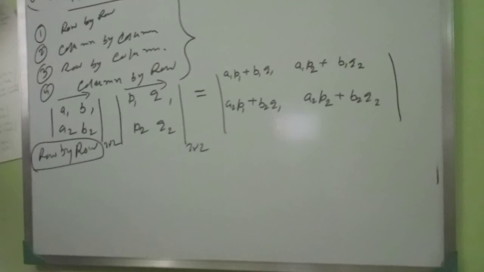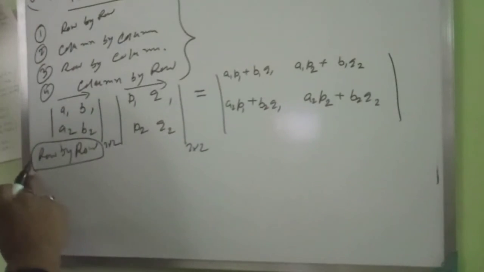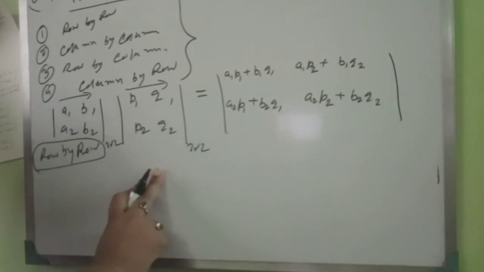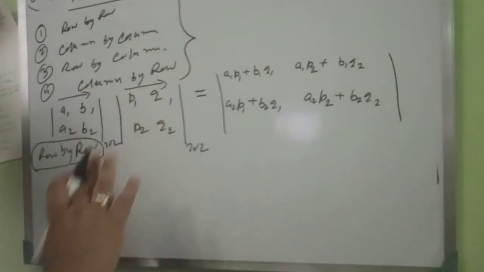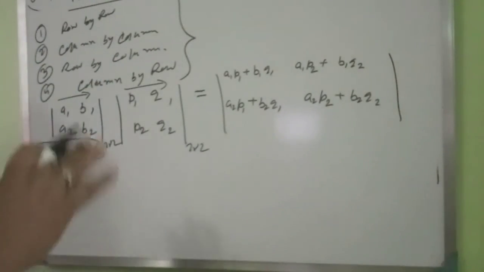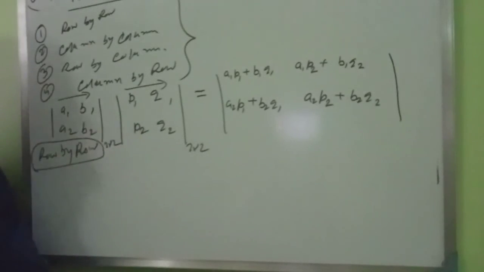And other methods are also there. I am not going to explain all the methods here because I suggest always following row by row. Here we will follow row by row, and in the matrix we will follow row by column. Here the row by column method also can be done, but I am not going to explain. Everything you will get in the PDF. Let me explain the next part.